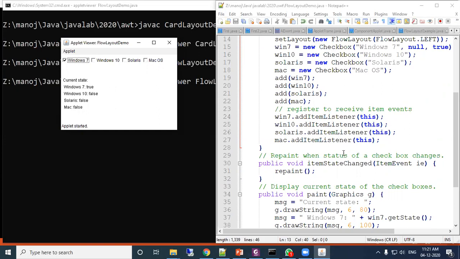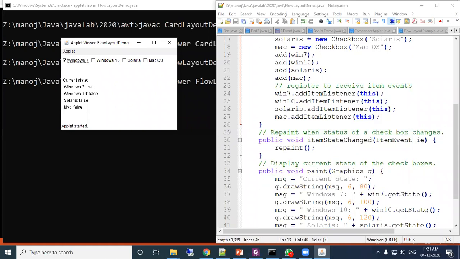So here, what is written is itemStateChanged. When the item state changes, and it receives the event, the repaint method will be called. In the repaint, whatever the current state is, it will show.